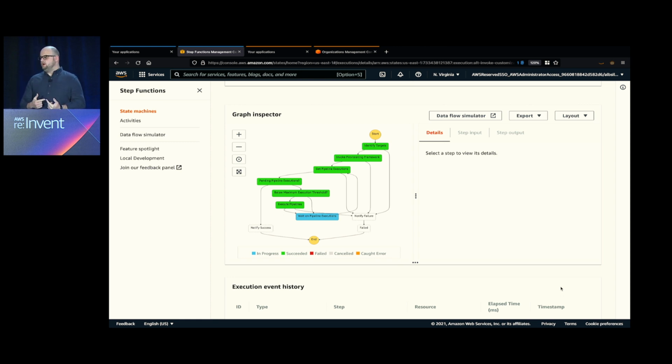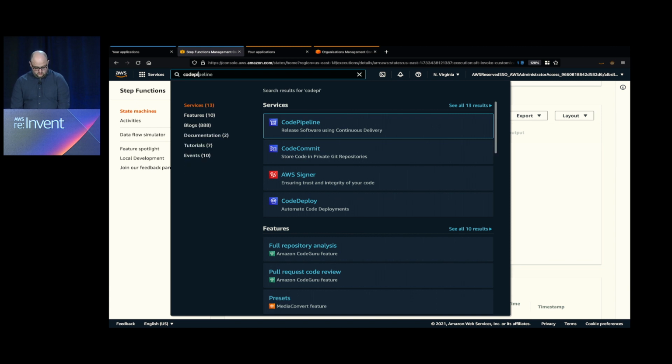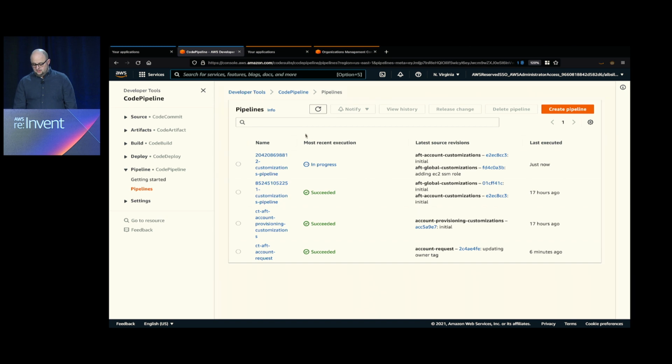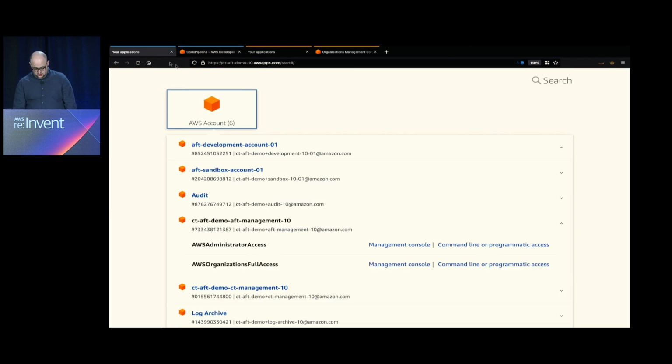And we do so in a throttled way, right? So if you have an AFT ecosystem that has 100 provisioned accounts, and you go into that event and you say, hey, let's recustomize all accounts, we don't do all those at the same time. We do 5 by default out of the box, and we kind of cycle through them 5 at a time. So now that this is running, if I come back to my code pipeline view, I can see that this pipeline is in process, which is account ending in 8812, which matches my sandbox account.